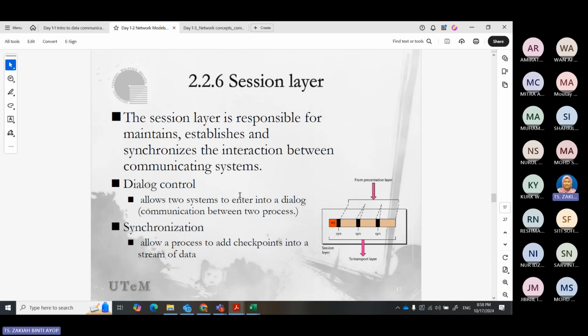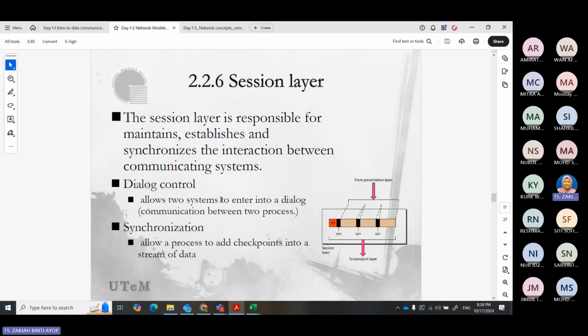The session layer is responsible for maintaining, establishing, and synchronizing the interaction between communicating systems. Session initiation must arrange for all the desired and required services between session participants, such as logging on to the circuit equipment, transferring files, and performing security checks.